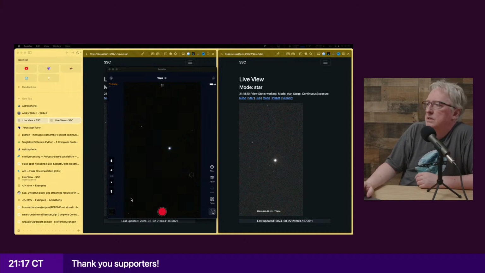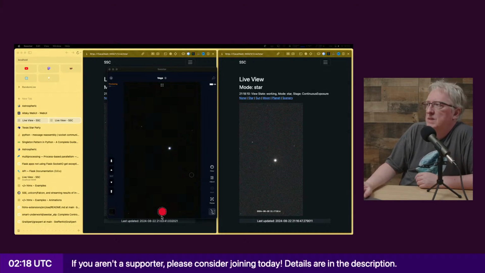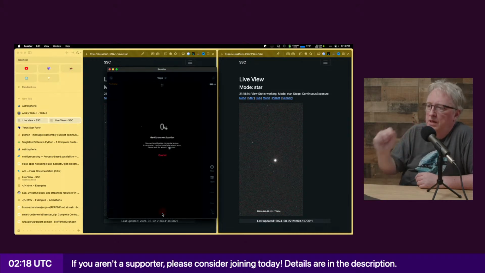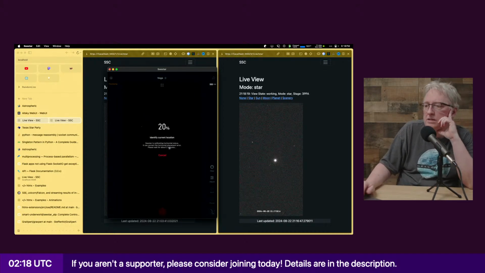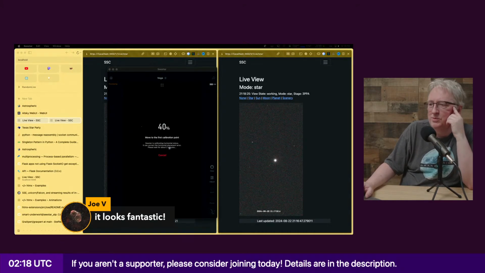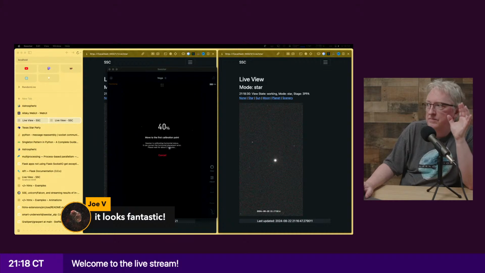So actually, I'm going to try imaging this one. It's a big improvement. It's getting there. It's not 100% robust.